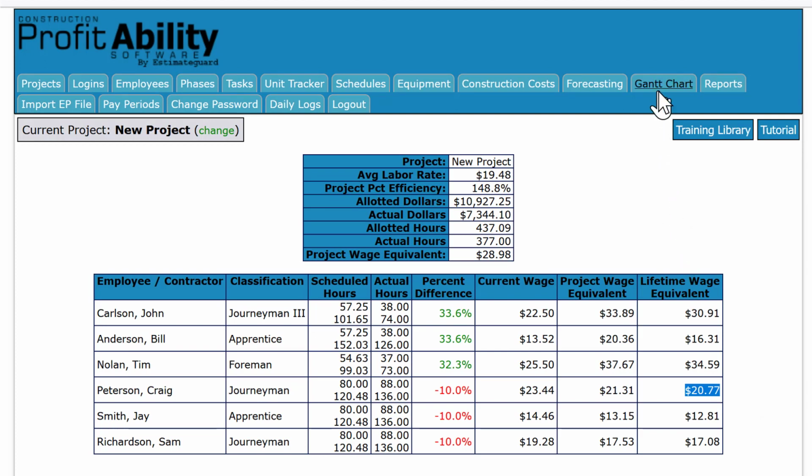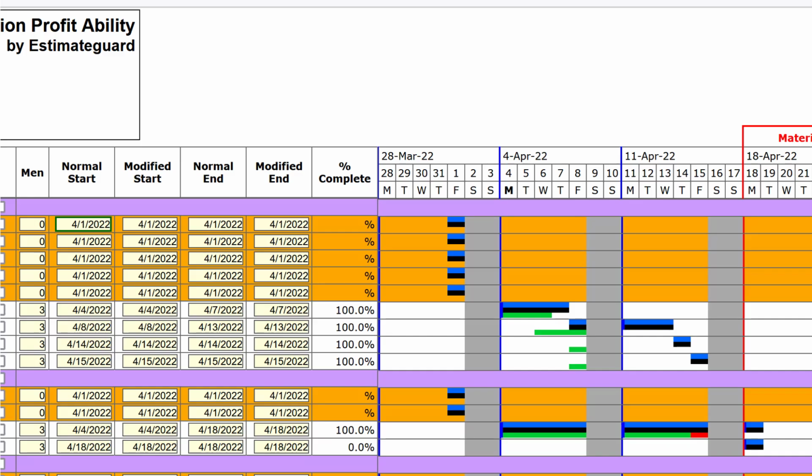Okay, let's go back to our Gantt chart for just a second. Here I just wanted to show you that this schedule is self-updating. You don't have to update it. It tells you exactly what happened on your project every day. This is our goal here. This is what actually happened. You can see down here, this is the very day that our task turned red, okay? So if I open this up in the morning and I try to look at these daily, if I see some red on there, I'm going to go out to that